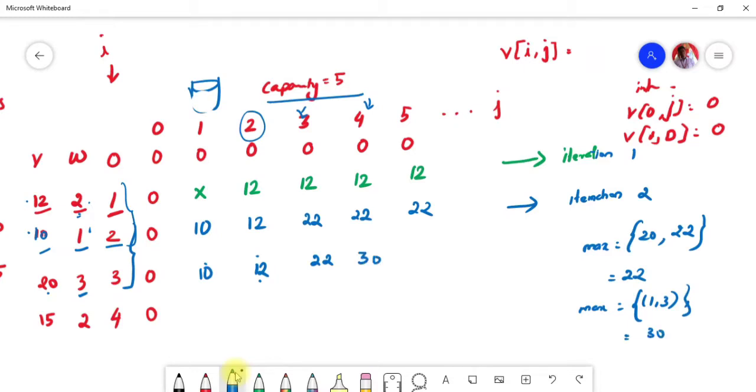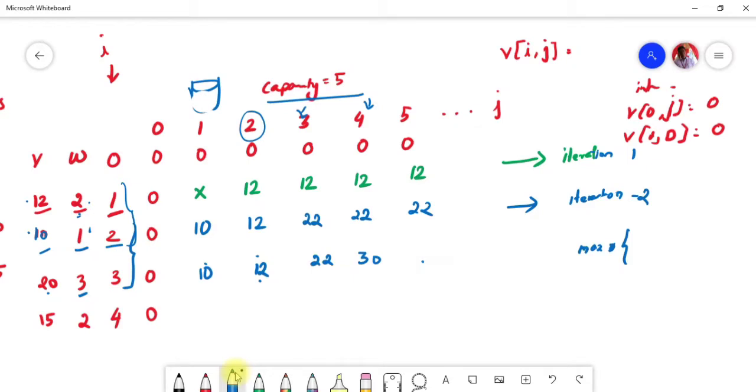And then for case 5, that means capacity 5, let me erase this. So for this case, let me write the maximum of the possible values. We have to get the capacity as 5.